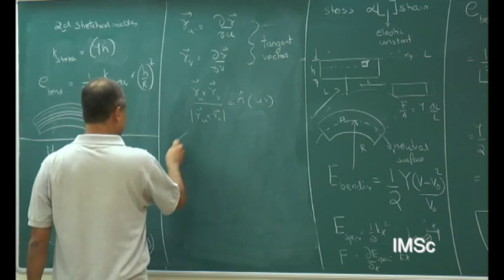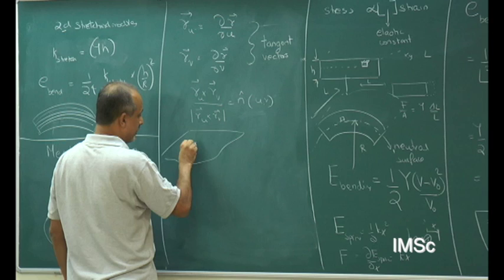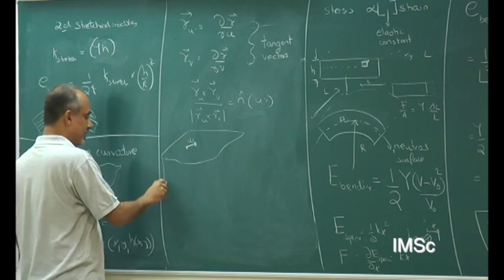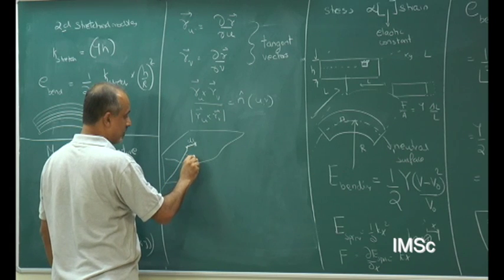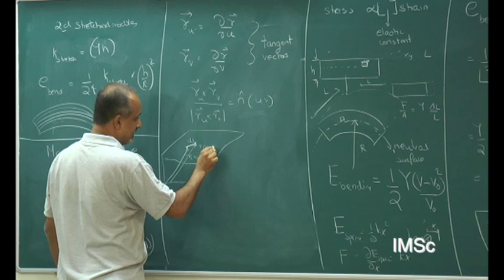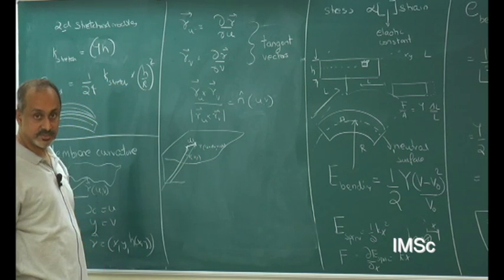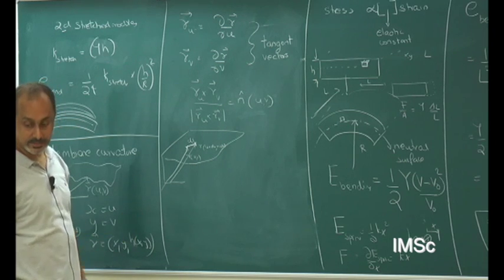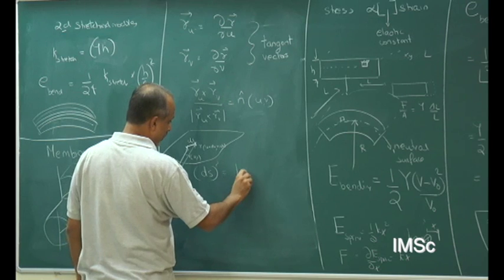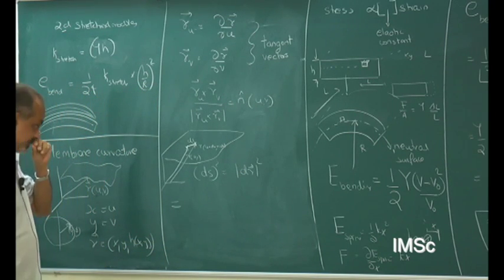Then we said take the membrane and ask what is the distance between 2 points separated by some distance ds. So here is my coordinate system. This is r of u, v and this is r of u plus du and v plus dv. And I wanted to ask what is the distance between these. Then we expanded that and we found that ds squared was just mod of dr squared, which I could write as